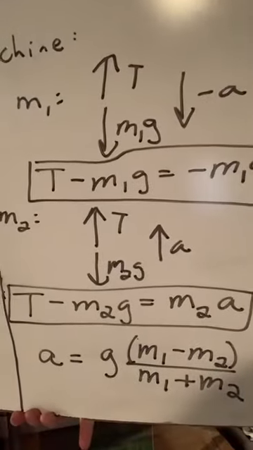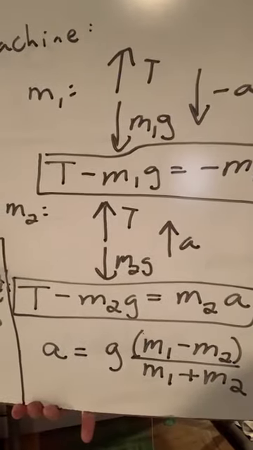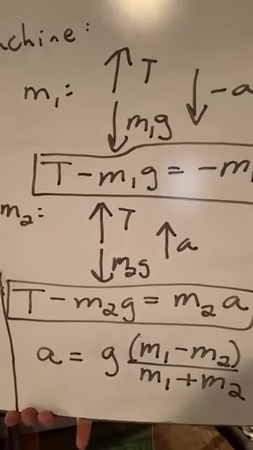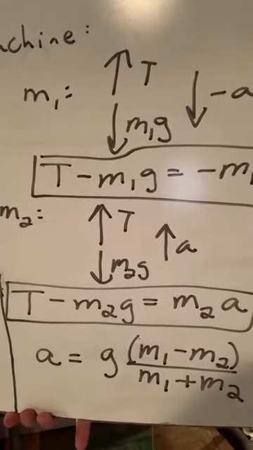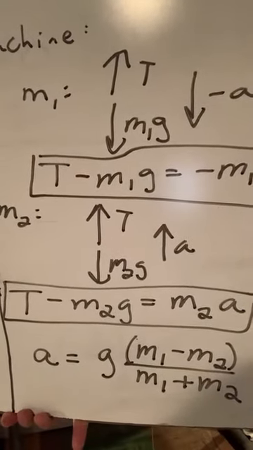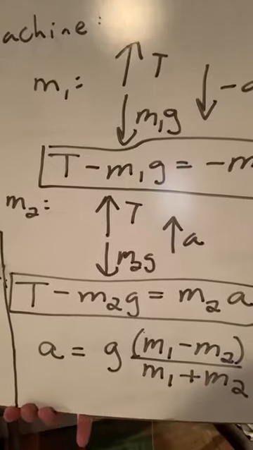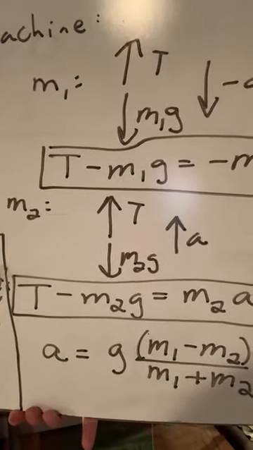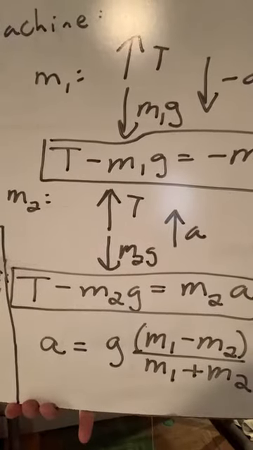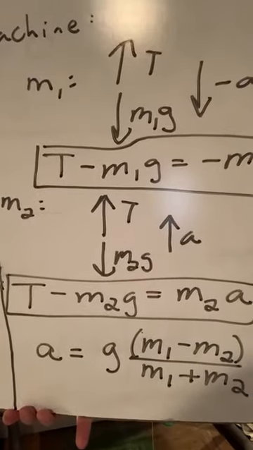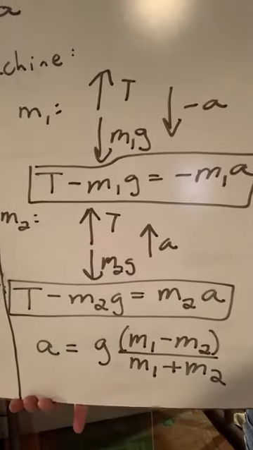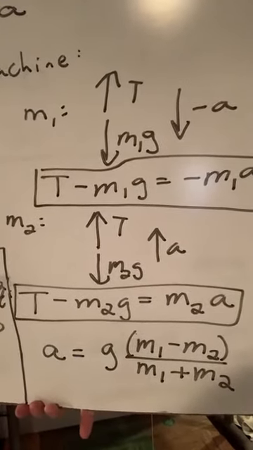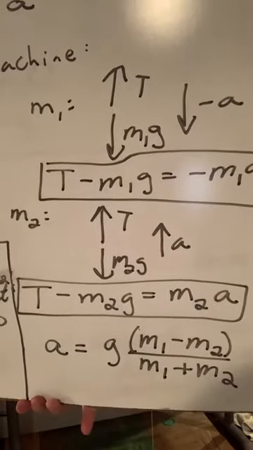Then if we analyze mass number 2, it has the tension again pulling it upward, its weight pulling it downward, but now mass 2 being lighter is accelerated upward. So now the sum of the forces, the tension minus the weight, m2g, is equal to m2 times a positive acceleration. So if we take these two equations, substitute out the tension, and then solve for the acceleration, you get